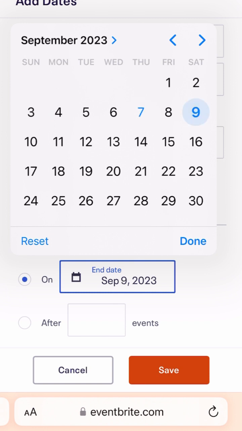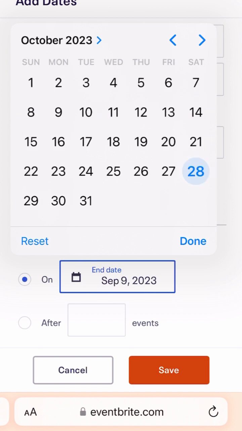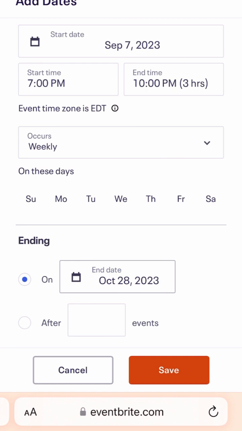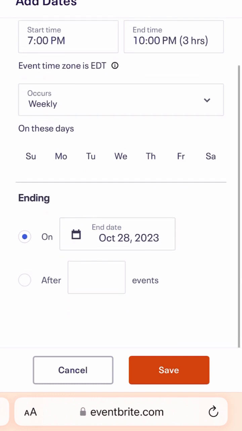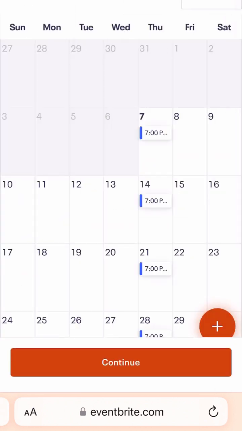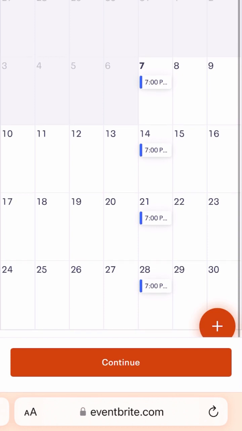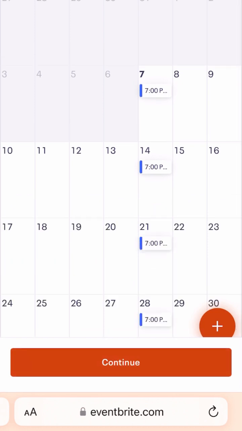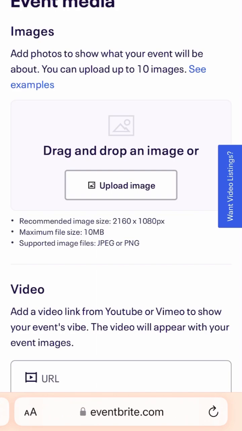So you can drop down the menu for the occurrence, do monthly, weekly, daily, and so forth. So I have this as weekly because I know the event will be weekly. But this will be for that Saturday walk. For this time, I just did it exactly how it was. So I was just doing Thursdays all the way down into that October 28th date. But I saved that and continued, and then it just goes on to take us to the next